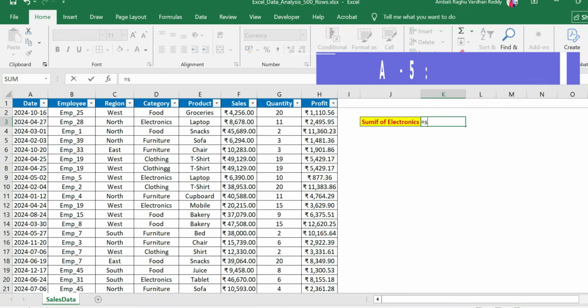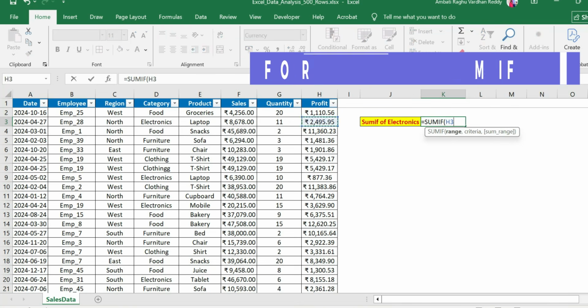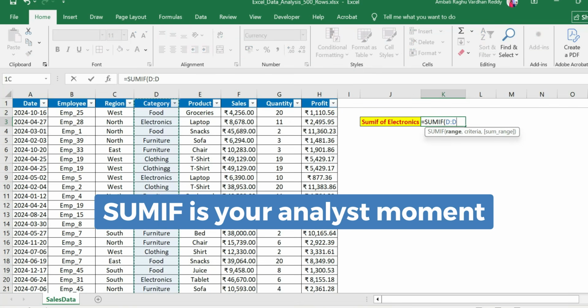Now let's go one step further. Total sales for a specific category. Using SUMIF, select the category column, choose electronics, then select the sales range, press enter, and that's your total sales